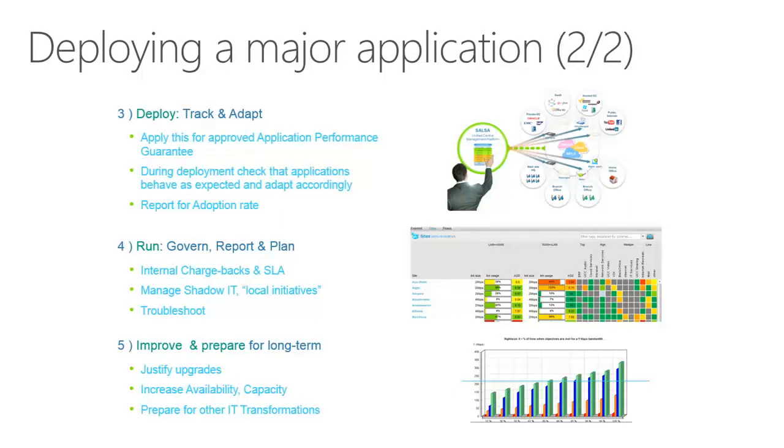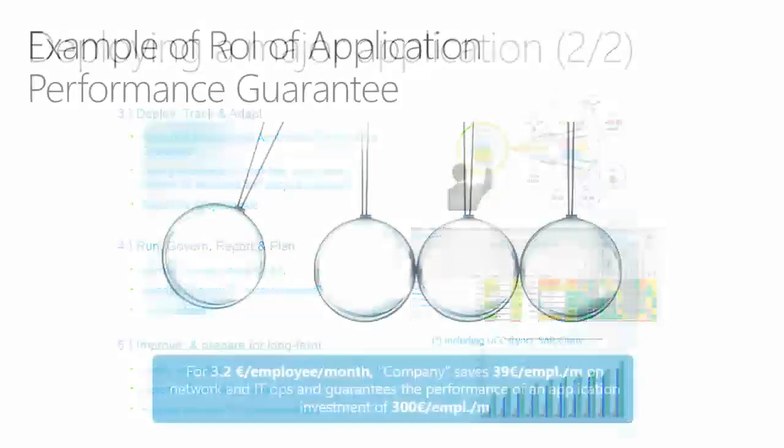And of course, once we're in the run phase, we buy businesses, we sell businesses, we add users, we remove users, and the dynamics of the network changes pretty much on a minute-by-minute basis. And we need to be able to plan for the evolution of the environment to ensure it continues to deliver services, but also that it can cater for whatever the next big thing that comes along is. And so understanding how the network is used and being able to report upon that is a really powerful technique.